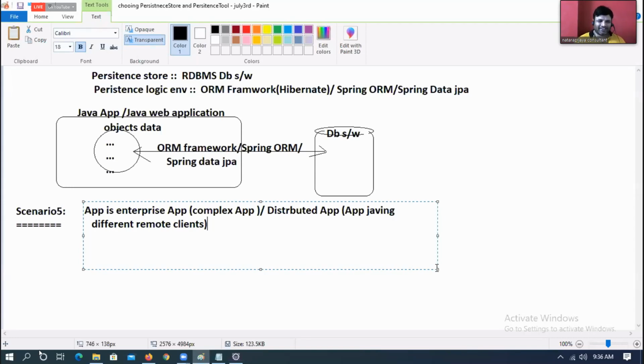You don't find this content on the internet, and it is very much required in the industry. What's the use of having big application development knowledge without maturity, without clarity on when to use what?